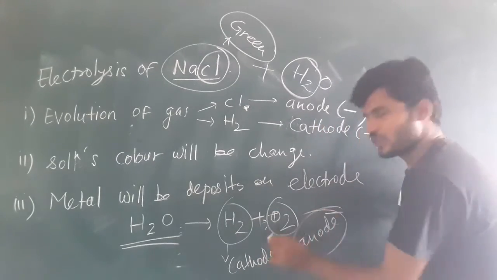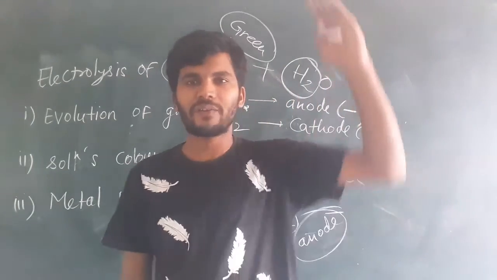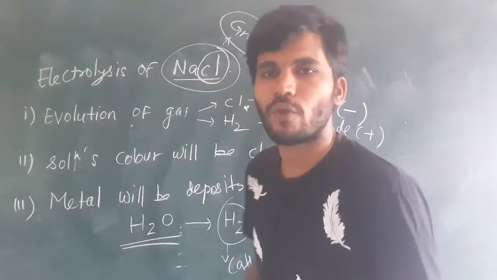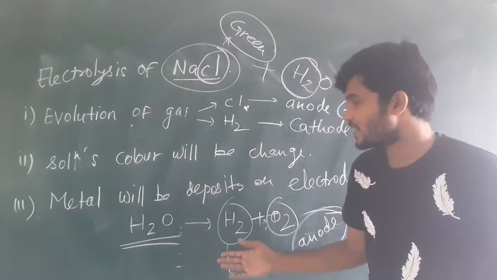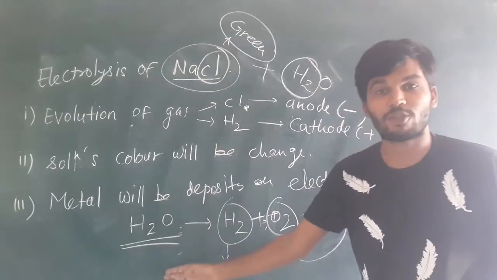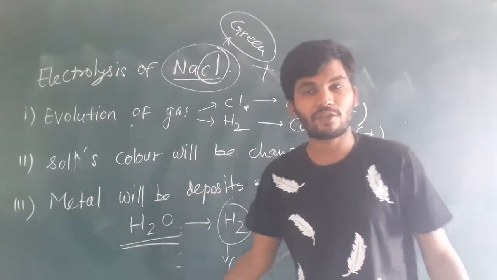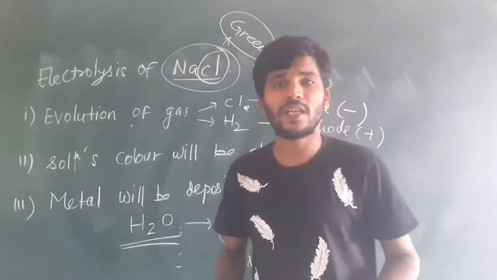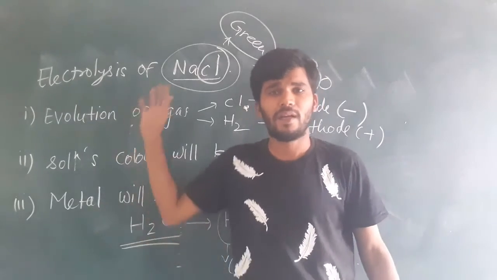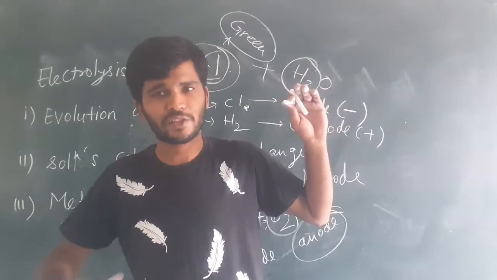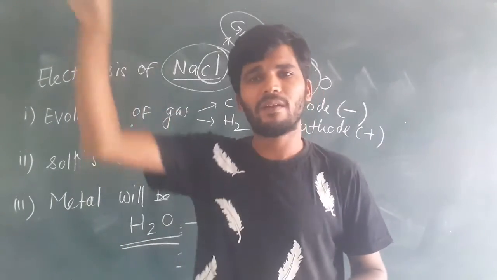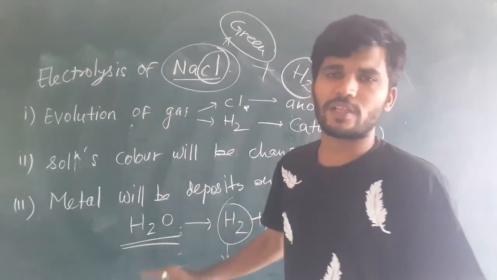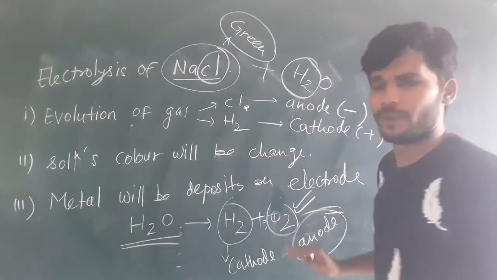Whenever a spacecraft is going out, oxygen is less, or in a submarine the oxygen is less, so what they do is use the electrolysis of H2O, water, so they get oxygen for breathing. How are they getting oxygen for breathing? By the electrolysis process. Whenever the submarine is going under the sea, or the plane or spacecraft is going, they use electrolysis of H2O so they can get oxygen for breathing.